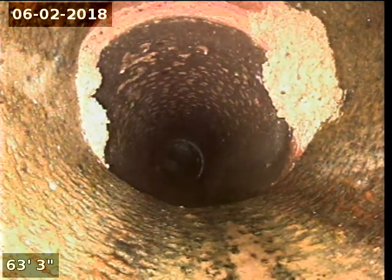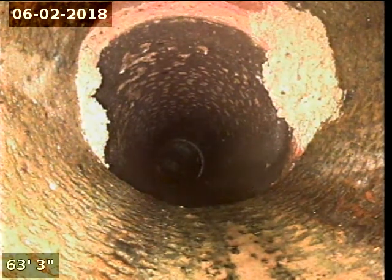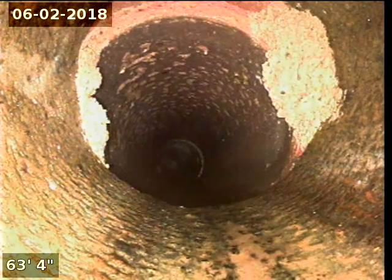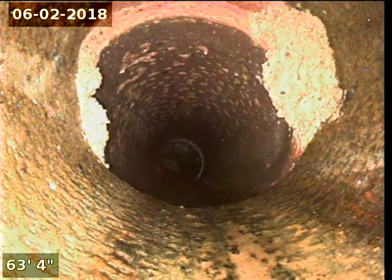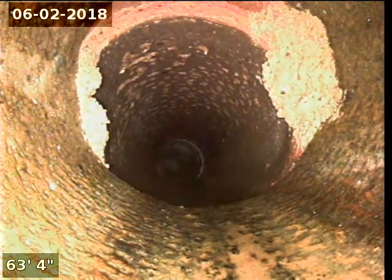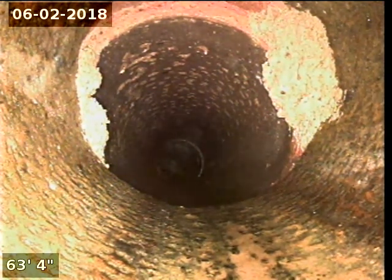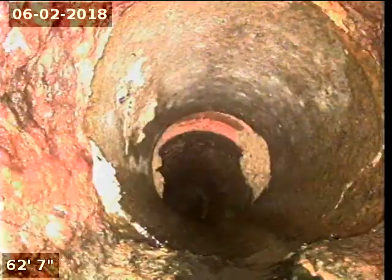It would just be maintained. If the roots got thicker, you would do a hydrojetting. As of right now, it doesn't require any snaking or hydrojetting. A foaming chemical treatment can be put down. Can be done every 9 to 12 months to help keep them from growing in any more severely. Those would have to be, though, done in conjunction with the neighbor because any water that's put down the pipe